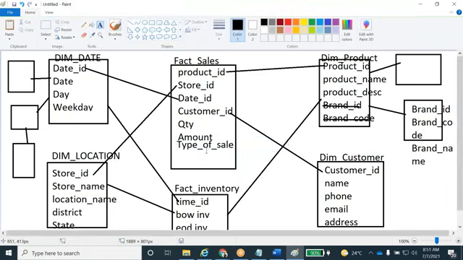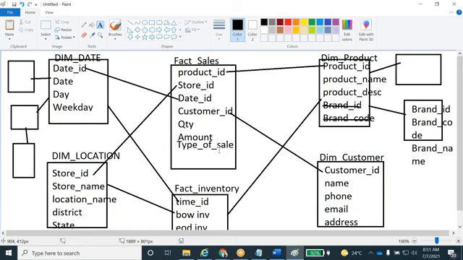For example, take Flipkart. You ordered one product, you did one transaction, you placed one order, right? After you received the order, you had already paid through credit card or COD, cash on delivery, whatever. So you received that product. Then after maybe 2-3 days, you give a return, because the product is not up to the quality or for some other reason. So you return that product, and they send the amount back to you. So the type of sale means it will be an actual sale, a return sale, or a promotion sale.